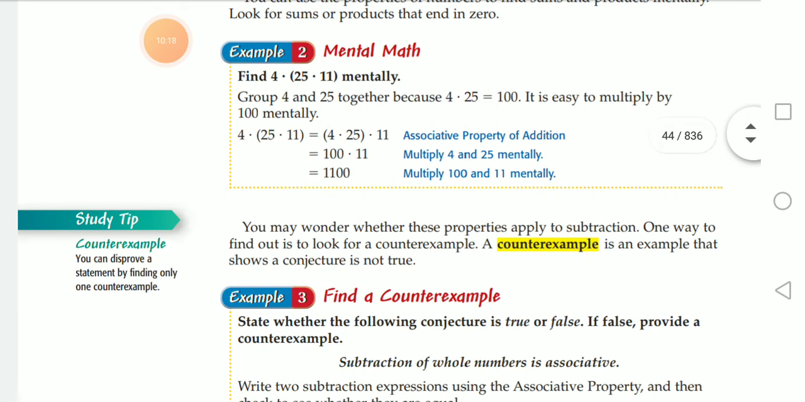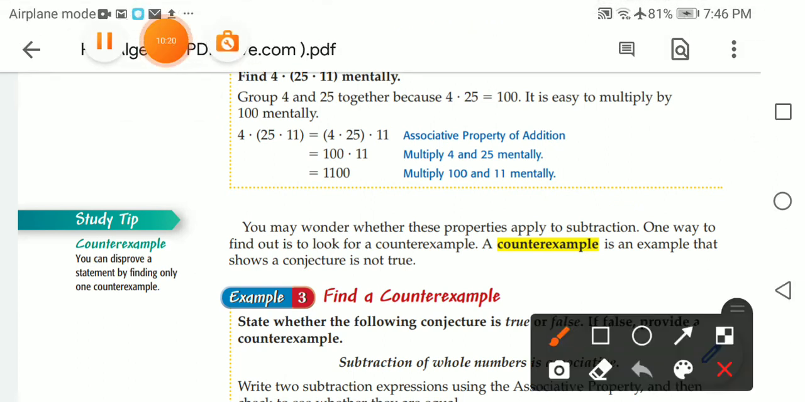Multiple of 10. And when I do some calculations, I prefer that I have multiples of 10, right? So it will be easier to calculate by your mind without using calculators. So you have here to group 4 and 25. When you group 4 and 25 together, the product of 4 and 25 gives me 100, fortunately. So it's easy to multiply 100 mentally, right? Yes. So 4 here times 25 times 11,